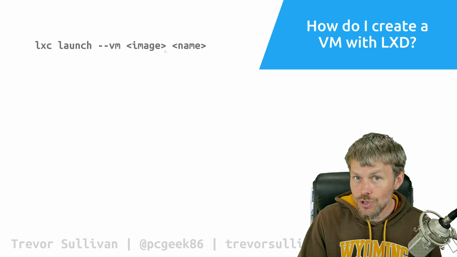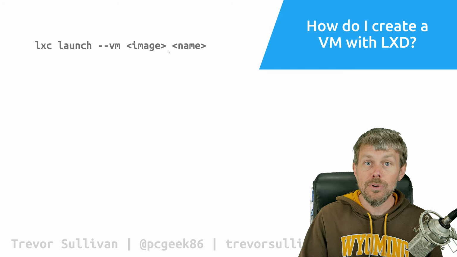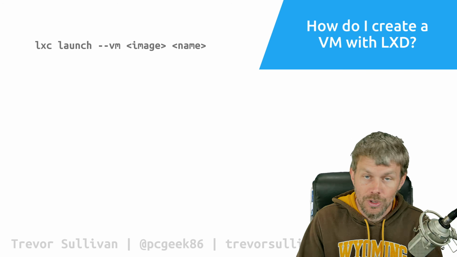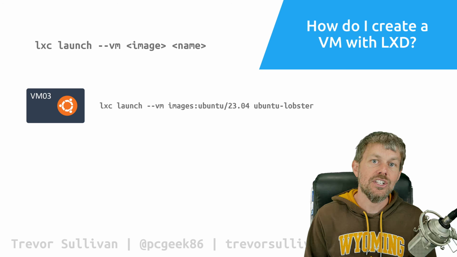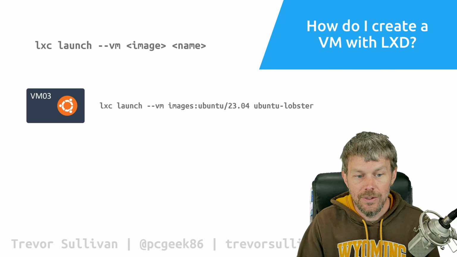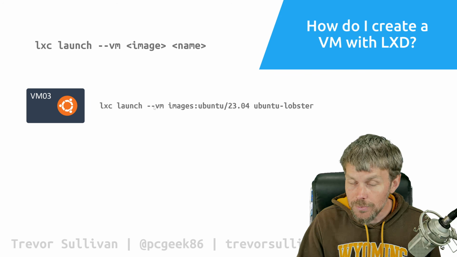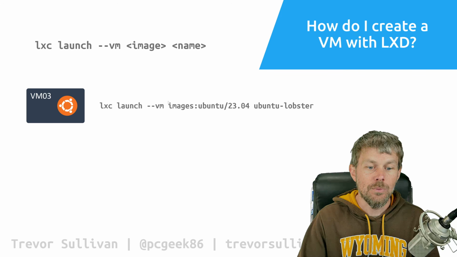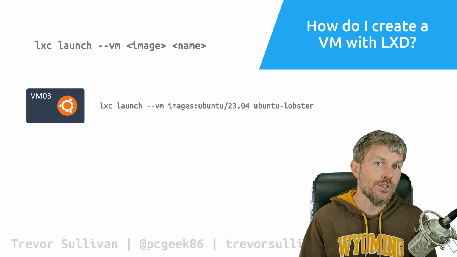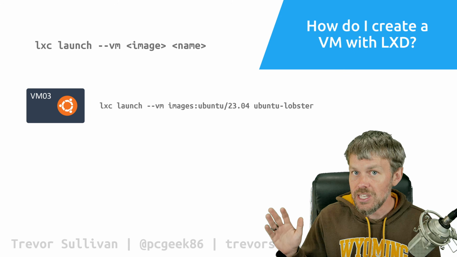So the structure of this command is pretty easy to remember. There are some more advanced configuration options, but for now, we're just going to keep things really simple. So let's say we want to deploy a virtual machine running Ubuntu server. Well, all we need to do is say LXC launch --VM, because again, we're creating a virtual machine. Then we specify images, and images right here actually references a default remote server containing the images, and that's the